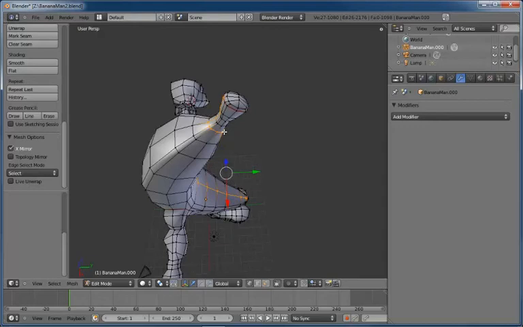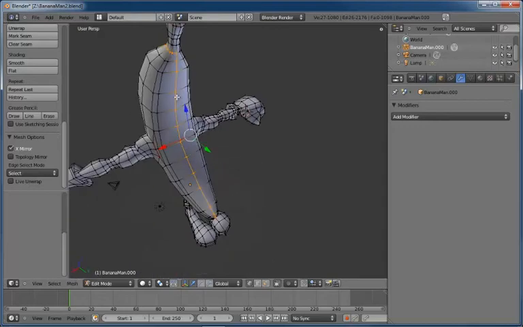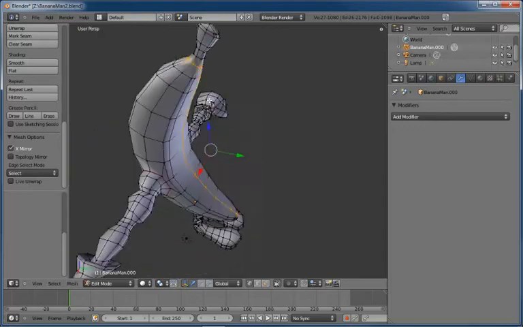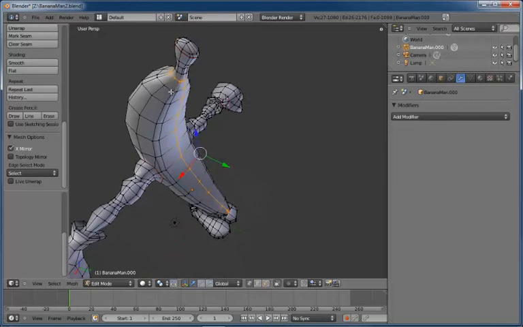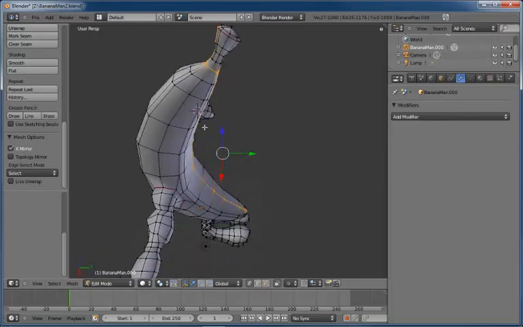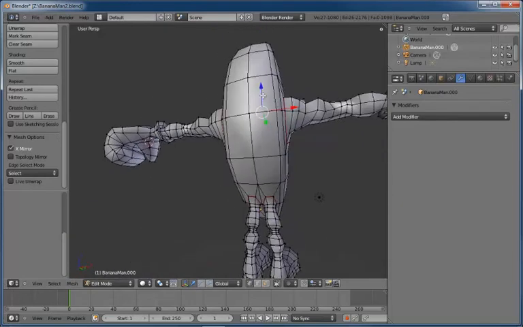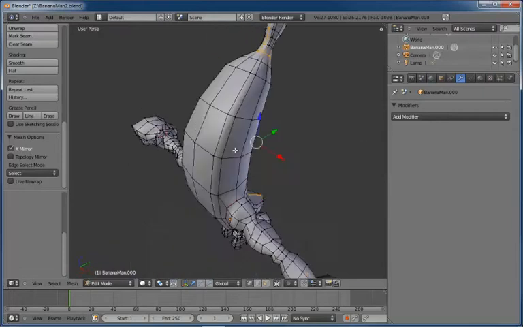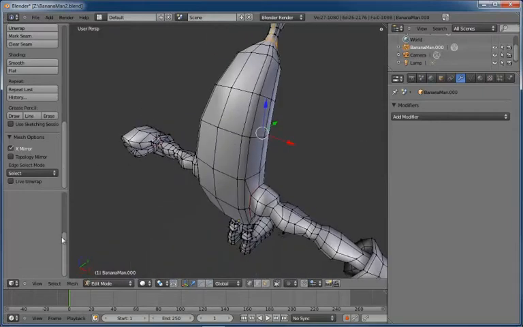The problem, however, is it has taken what I guess would be the most unlikely approach. I mean, it goes up the front of our character, and then stops here, and then wraps around the siding and goes up. Now, I imagine this is a shortest path kind of calculation, and not at all what I was looking for. So what I'm going to do is come over here to my toolbox, and my Select Vertex